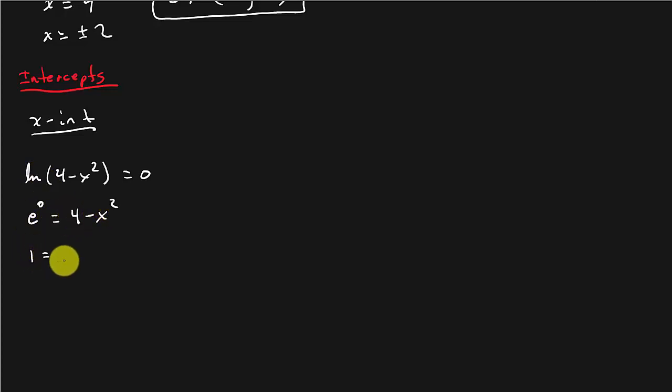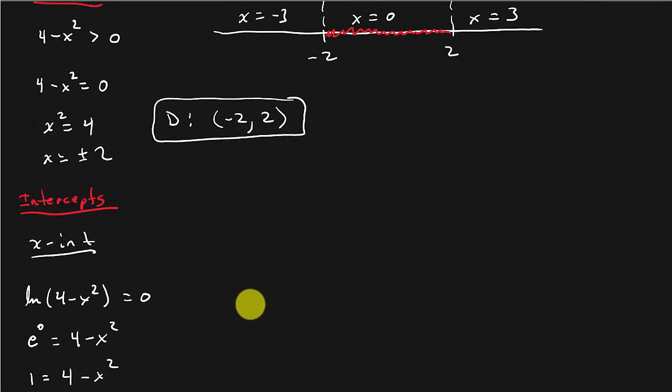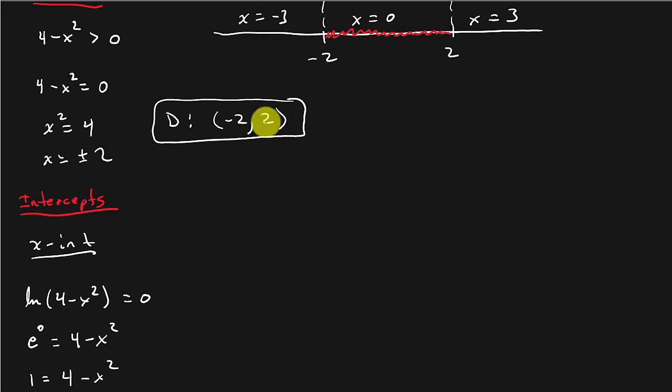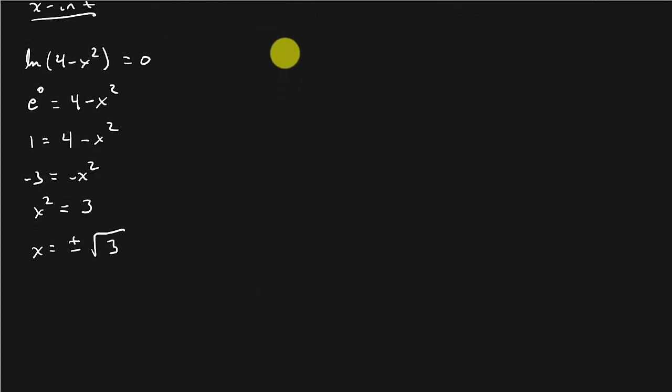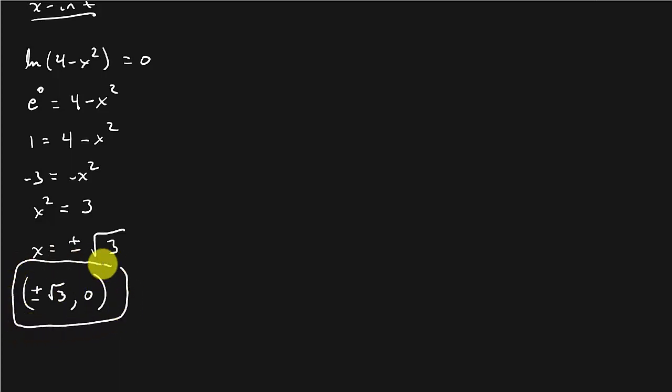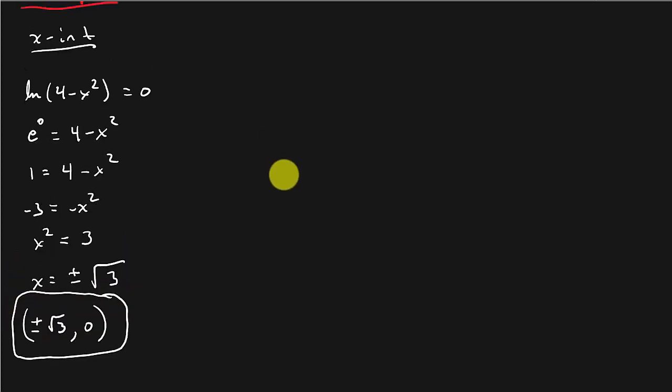And so I get 1 equals 4 minus x squared. Negative x squared is negative 3. So x squared is equal to 3. So x is equal to plus or minus square root of 3. Now, make sure the plus or minus square root of 3 is in the domain of the function. It's between negative 2 and 2. So here's our x-intercept. Plus or minus square root of 3, 0. That's our x-intercept. Now let's look for our